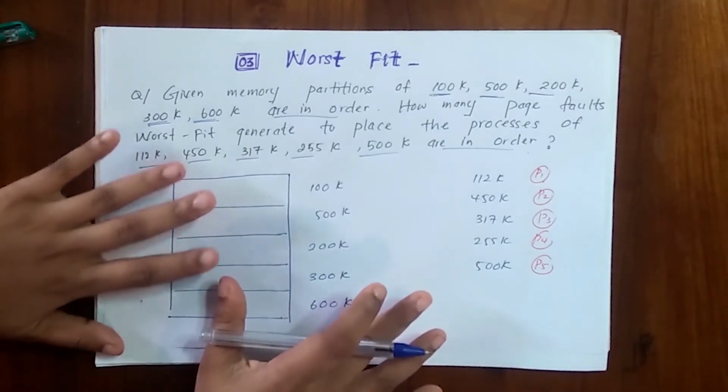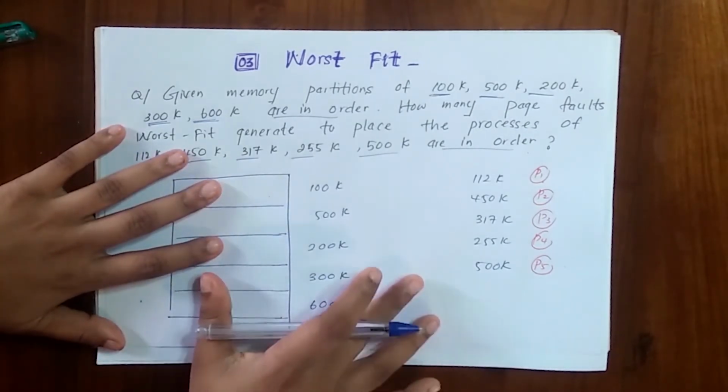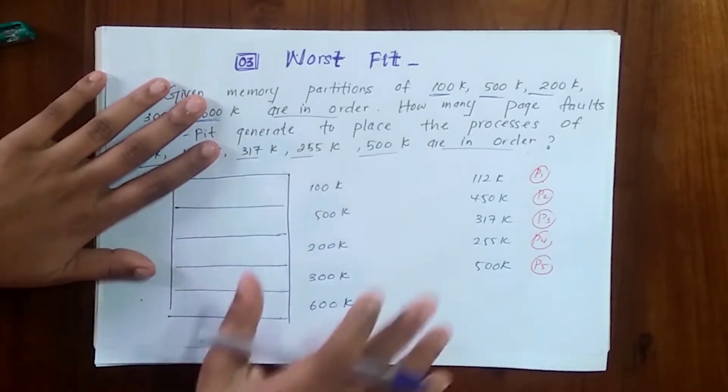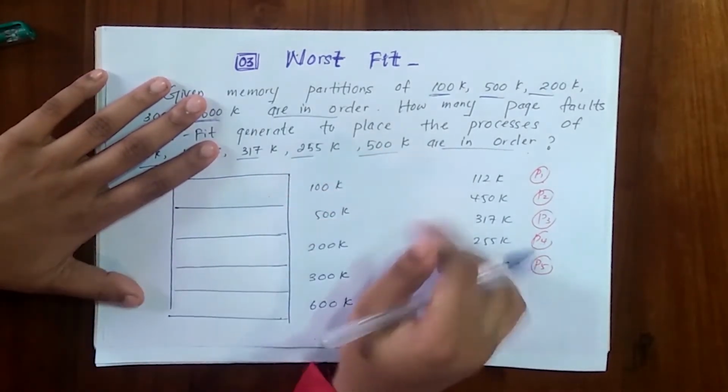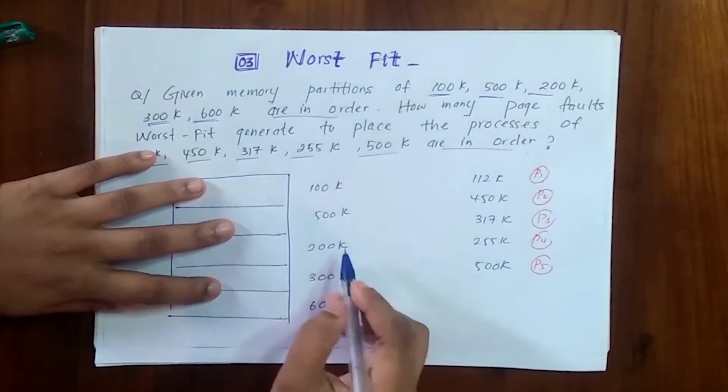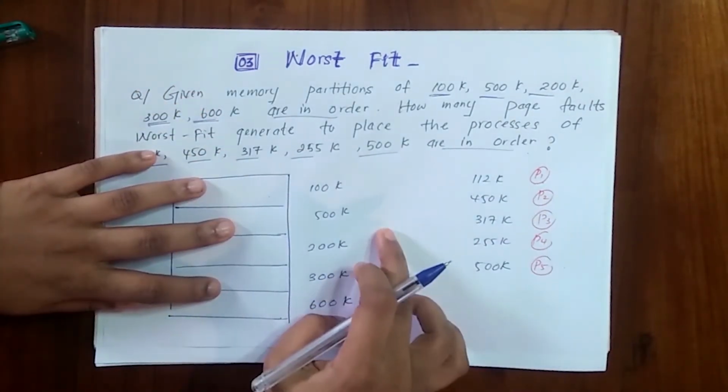So what happens in the worst fit is the total opposite of the best fit, right? You have to place the process in the largest partition,